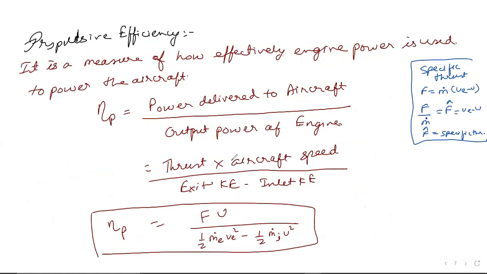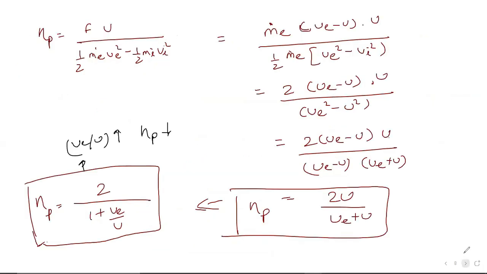Then second is known as thermal efficiency. The previous question was how much power the engine is getting out, and based on the power the engine gives us, how much we are delivering to the aircraft. Now thermal efficiency says that we are providing this much fuel as an input, and based on that input, how much power is actually produced by the engine.